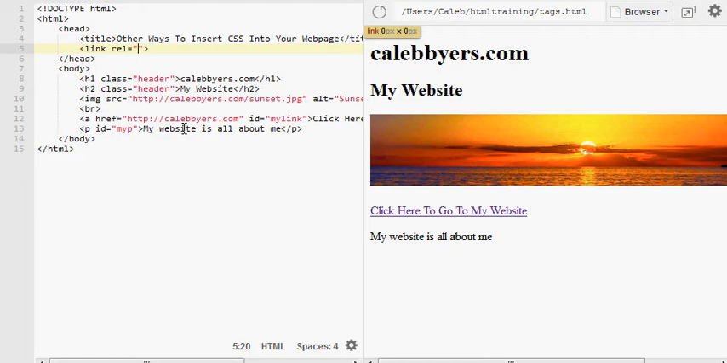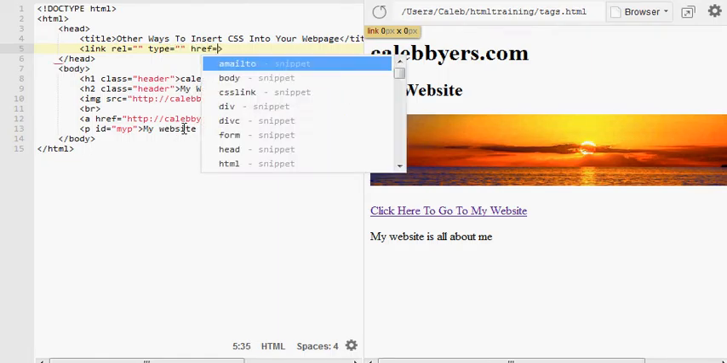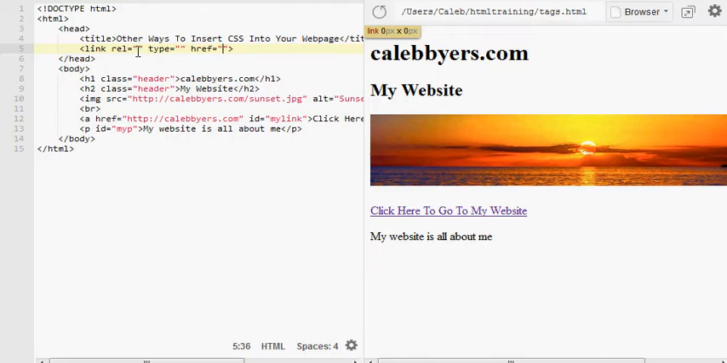Rel, type, and href. And inside the rel, we put in what we're calling in, which is a style sheet. And inside the type attribute, we put